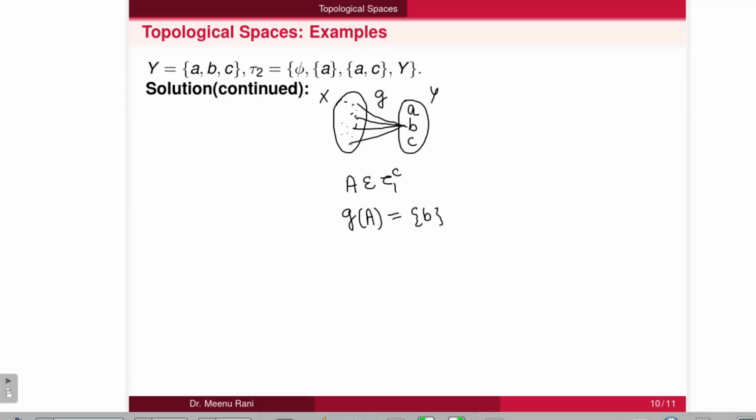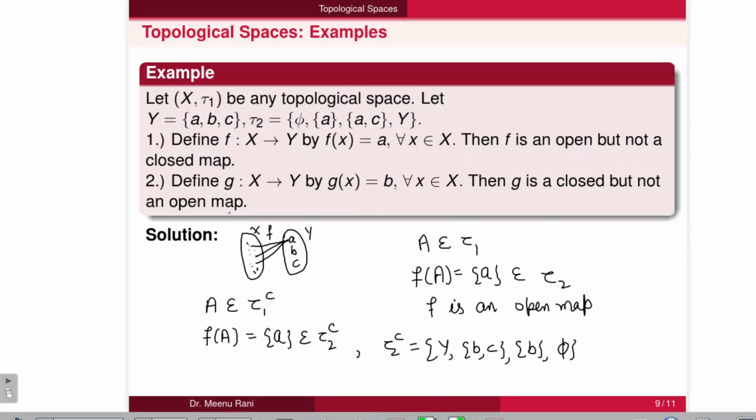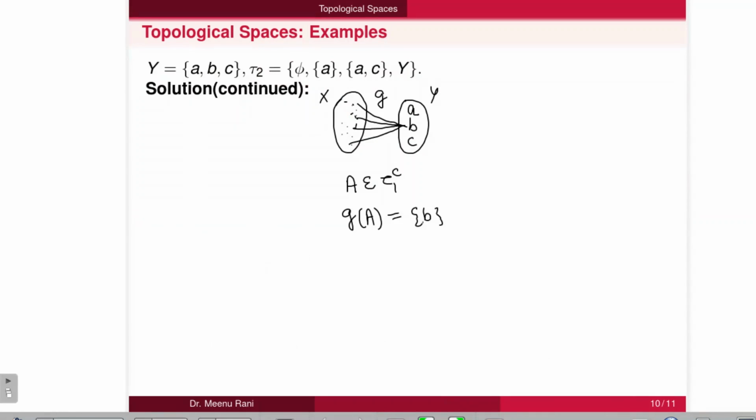and tau2 complement contains B. B is a closed set here, so this belongs to tau2 complement. So if we take any arbitrary closed set in X, then its image is also closed in Y. So we can say that G is a closed map.